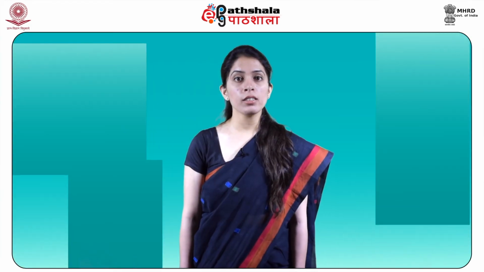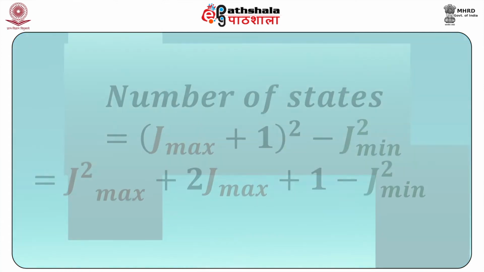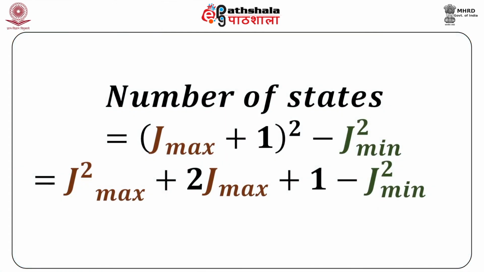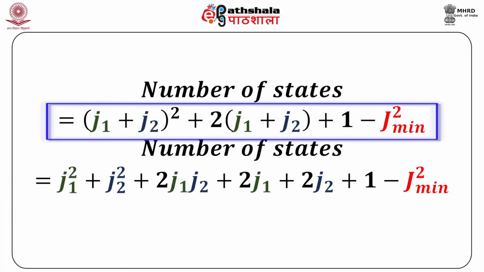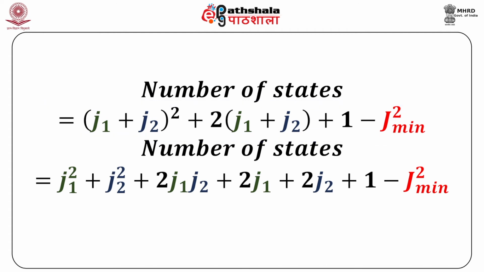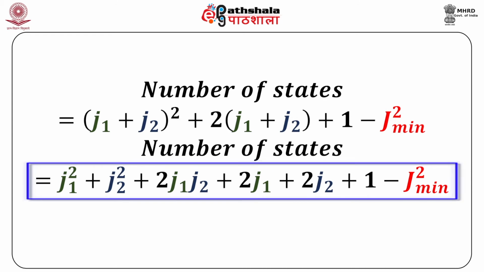From the mathematical summation rules, we find that the equation for the number of states simplifies to the form J max square plus 2J max plus 1 minus J minimum square. Now replacing J max by J1 plus J2, we get the expression as J1 plus J2 whole square plus 2 into J1 plus J2 plus 1 minus J min square. This expression simplifies to J1 square plus J2 square plus 2J1 J2 plus 2J1 plus 2J2 plus 1